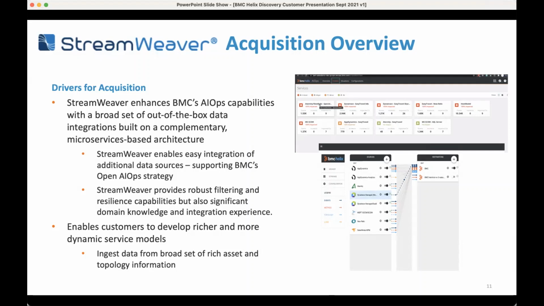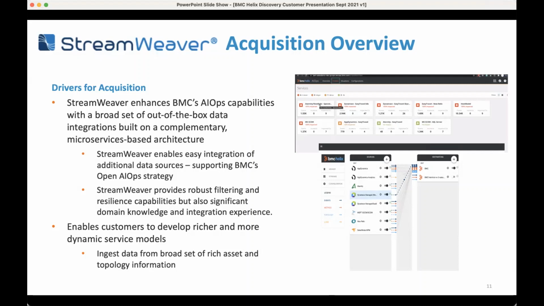And they already have a vast library of different integrations. You can see within the screenshot there, things like AppDynamics, SolarWinds, New Relic. And so they're building this into the Helix platform. And so they're going out and getting all that data and then working with our team to figure out how it fits into the discovery data model, really to drive a lot of the AIOps capabilities, but also